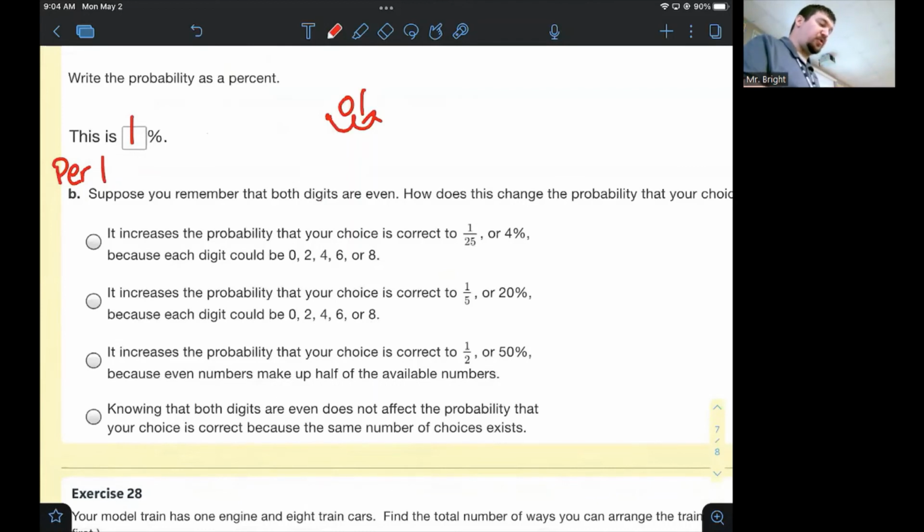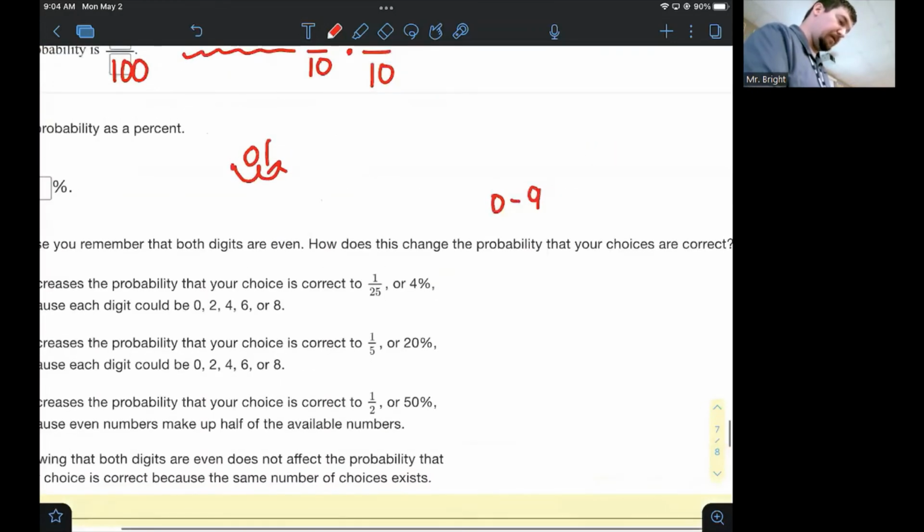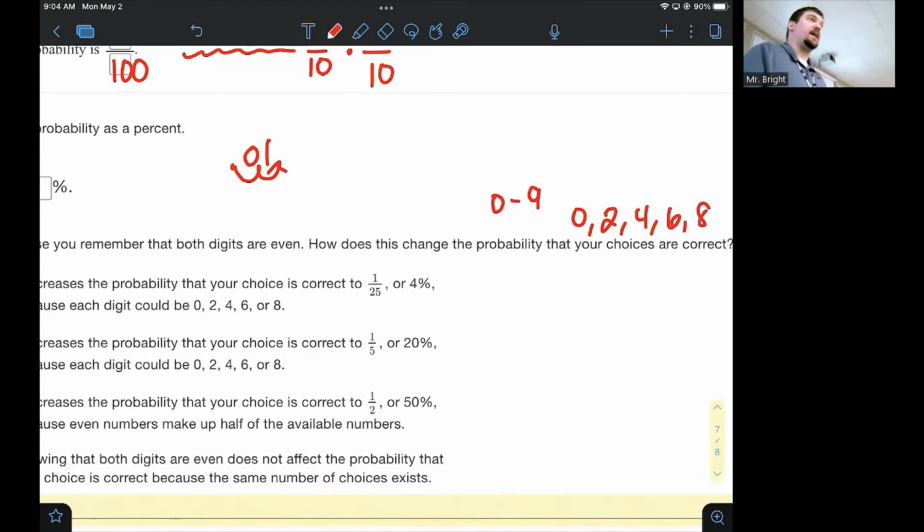Suppose you remember that both digits are even. How does that change the probability? So of the numbers 0 through 9, your even digits would be, I guess, 0, 2, 4, 6, and 8. Okay, so you went from 10 possible numbers to how many? Okay, so now you have 1 out of 5, and then 1 out of 5, which is